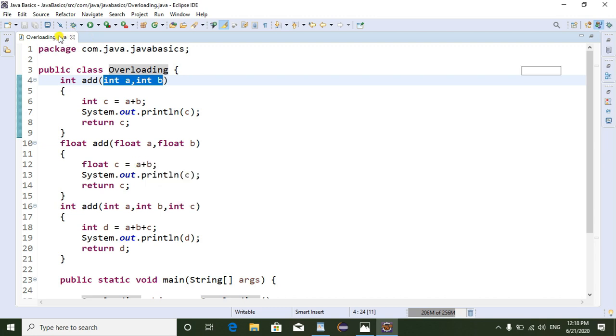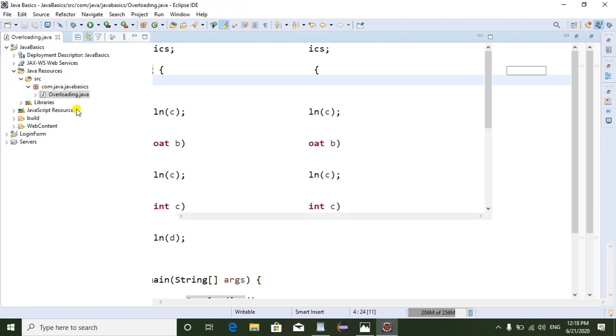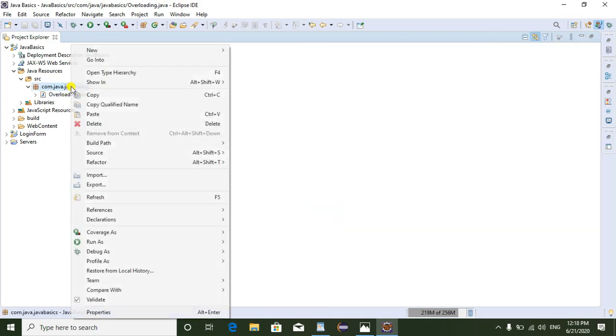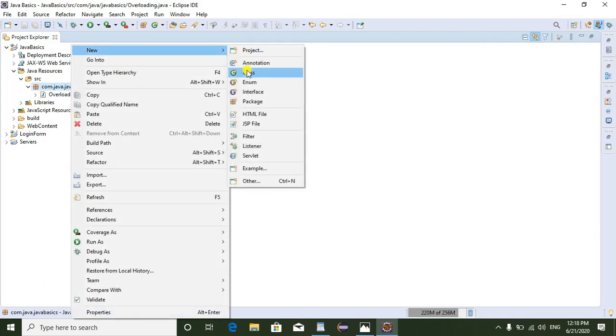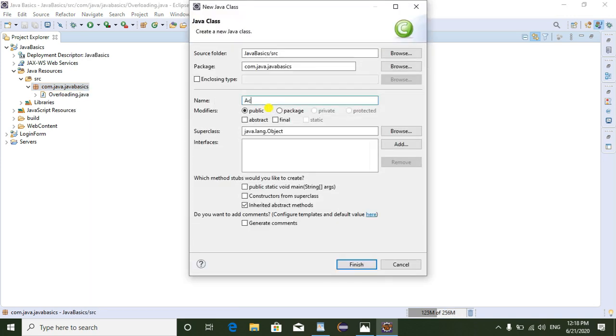Now I am going to show you method overriding. Just to create one class, I am going to create the class. So Account is my parent class.